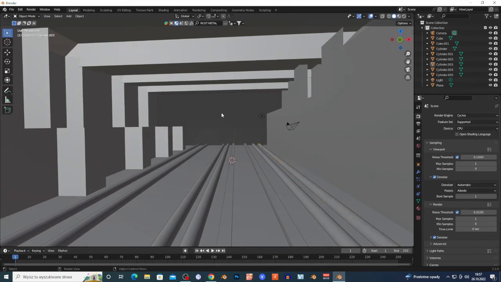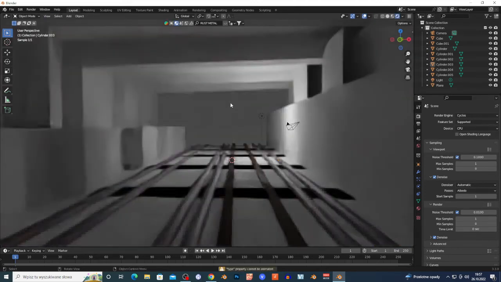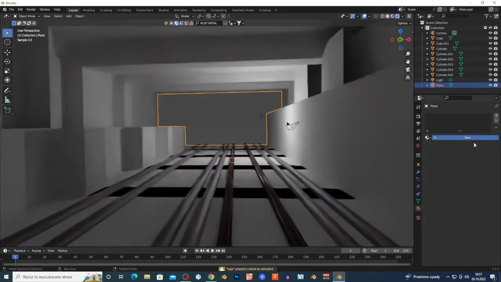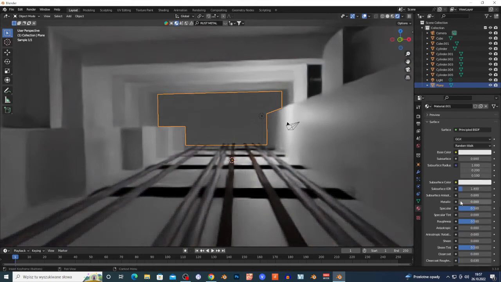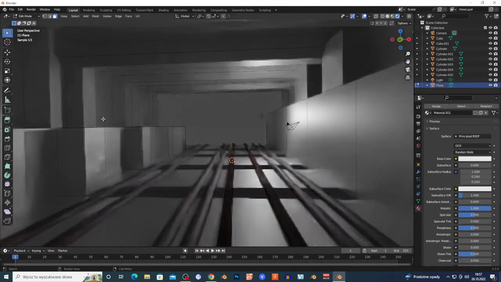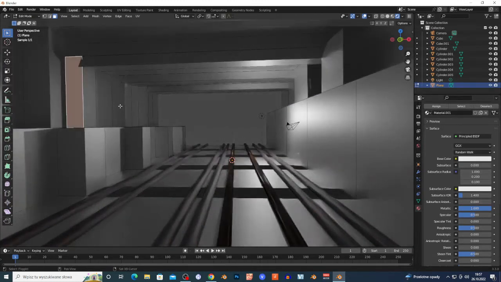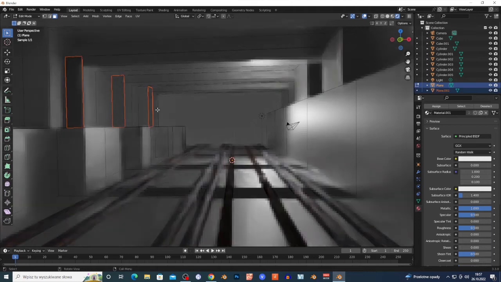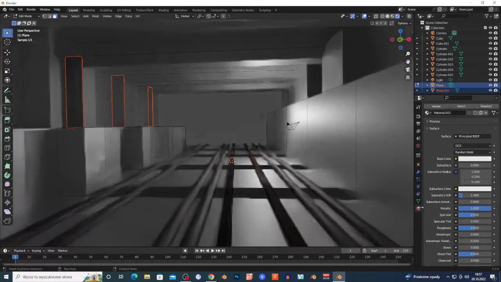So basically, as you can see, I just added some material to this. Yes, I can select this tunnel, go click new, and I can add, go right here on the material stuff, click new, metallic, yes, right here. And I can, you know, click tab to go to the edit mode, click 3 to go to the face selection. I can separate some faces, maybe right here to add different material, yes, by holding shift, right click, separate. Selection, and I can basically just go on the material